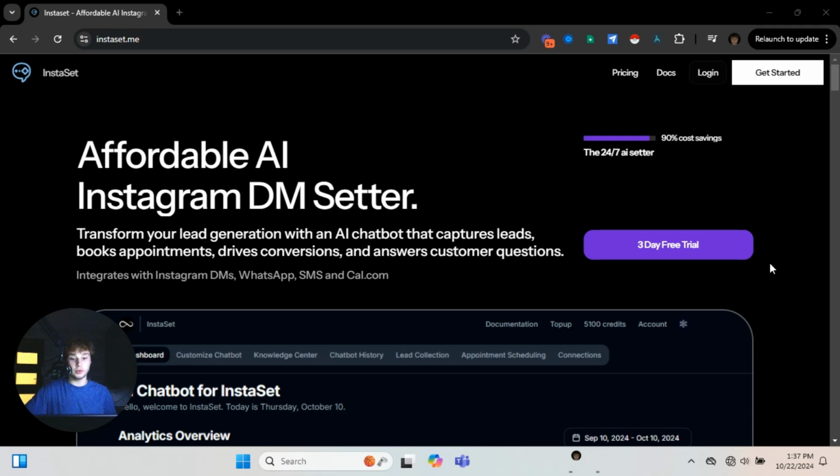Or for your WhatsApp, it can be for any inquiries for your brand. Same with your website, and also with your Instagram. It manages any inbound and outbound messages that you send or get. So when you log in,